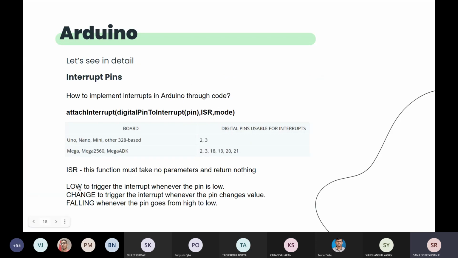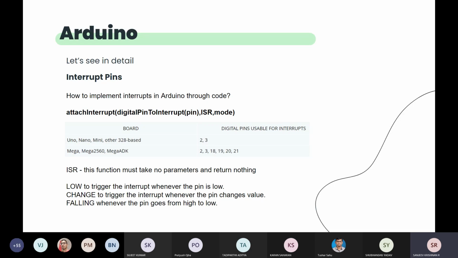So same thing here. If the mode is given low, my interrupt is triggered only when the assigned interrupt pin is moving from low to high. Change means both: if it is going from low to high or high to low, whatever it is.